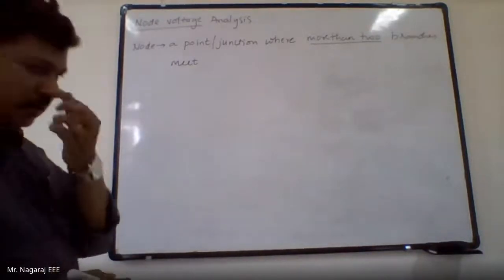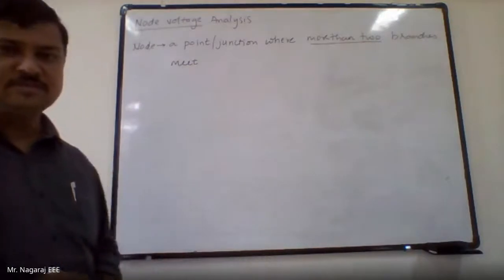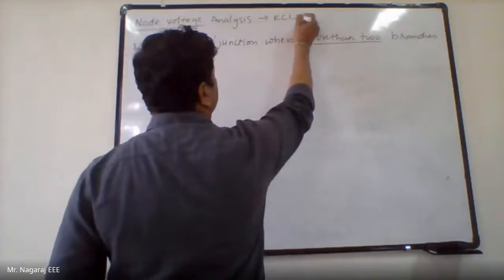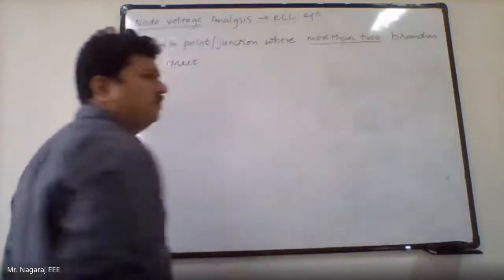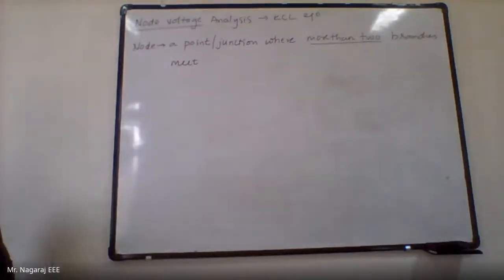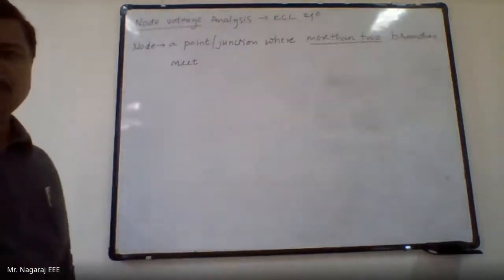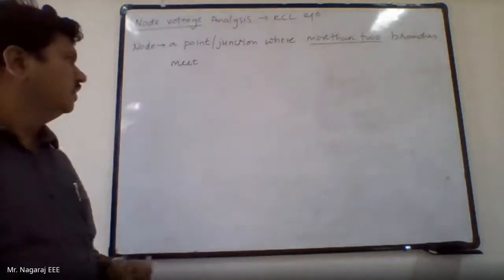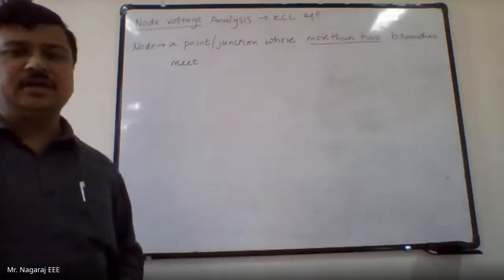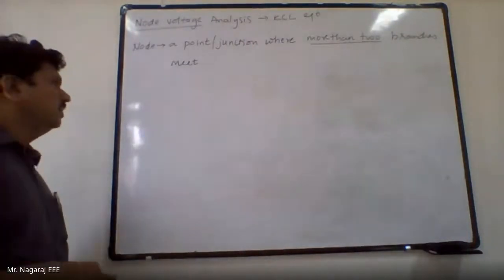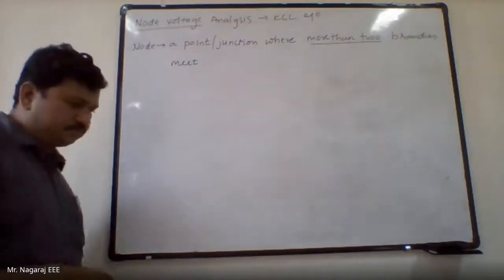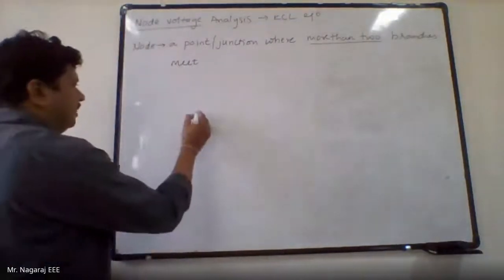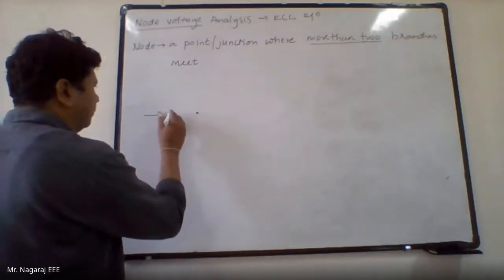In mesh current analysis, we used KVL equations. In node voltage analysis, we use KCL equations. So we applied KVL to the loop because we know that KVL is always applied in a closed path. Now here we will apply KCL at a junction or a node. So here, what is a node? A node is simply the point or a junction where,